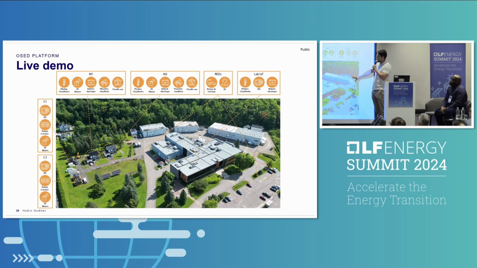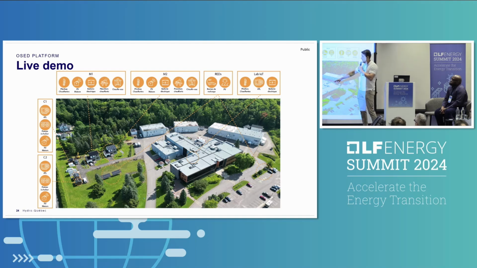This is a picture of our lab. Hydro-Québec has multiple labs, mainly separated in two big campuses. One is in Montreal, in Varennes. This one is in Shawinigan, which is the one I work in, LTE. Because we work with the client, we have a lot of technologies for the clients. We have a big institutional building with batteries, electric panels, and a charging station. In this picture it's not there, but it's already installed.